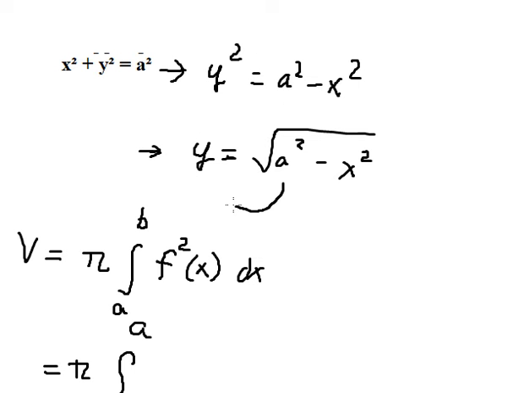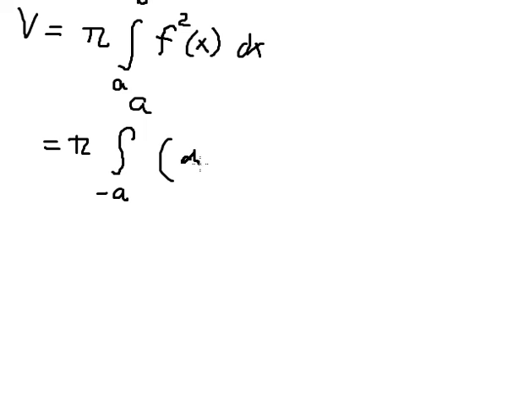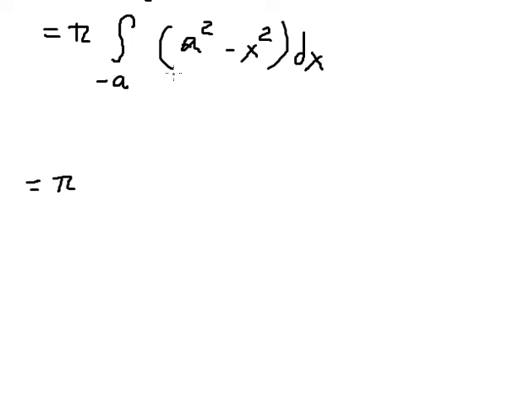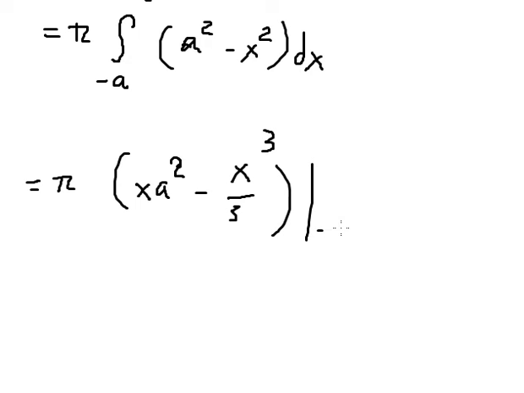Now we put this one inside for the f of x. The integration of a squared minus x squared, we have a squared x minus x to the power of 3 over 3. And now we put the bounds from negative 8 to positive 8. Now I will put positive 8 here, then negative 8 here. So we have 8 to the power of 3 over 3,